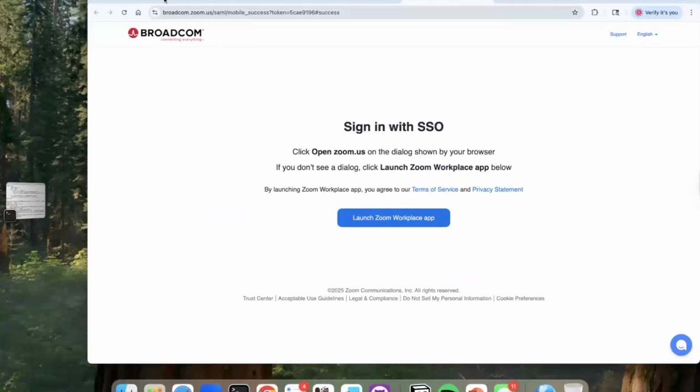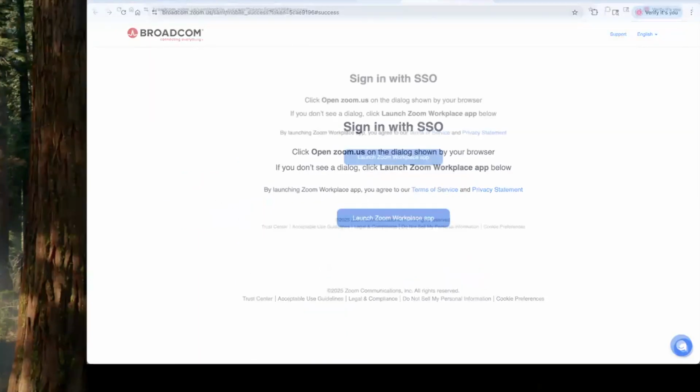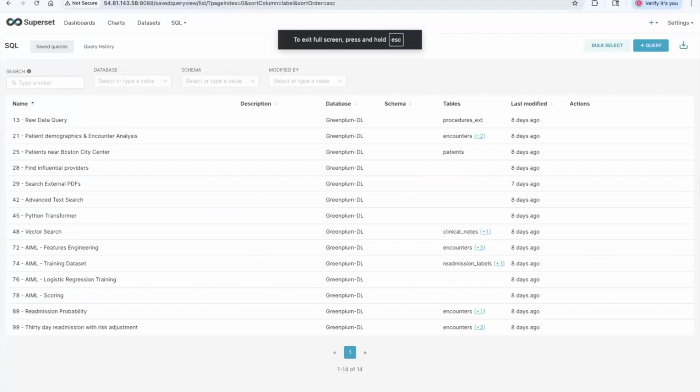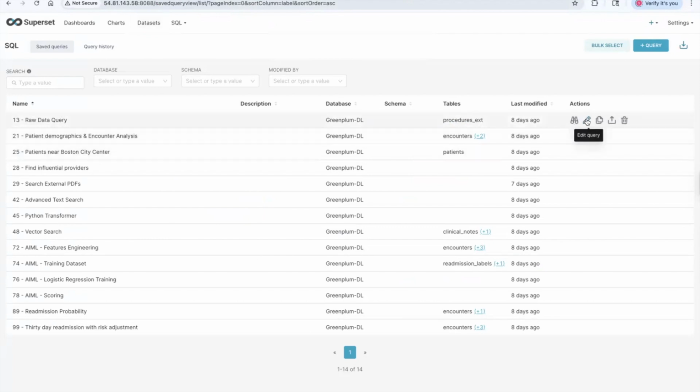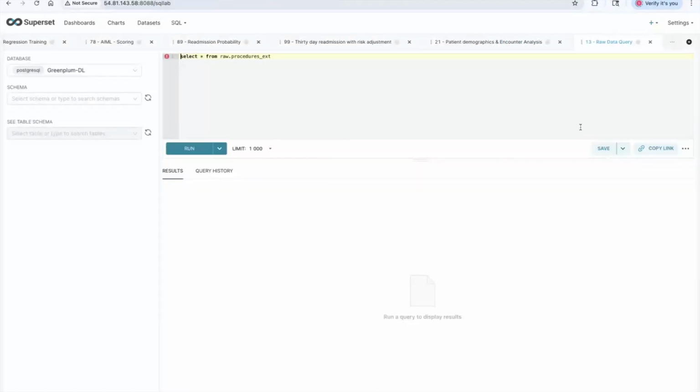I am using Apache Superset as my user interface for this, but Greenplum works with most visualization tools like MicroStrategy, Business Objects, Jupyter Notebook, any SQL editor, and all that. The first query here is to demonstrate Greenplum's analytical capabilities with complex windowing functions. This is essentially showing